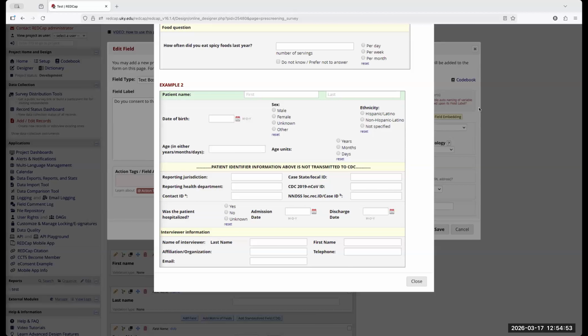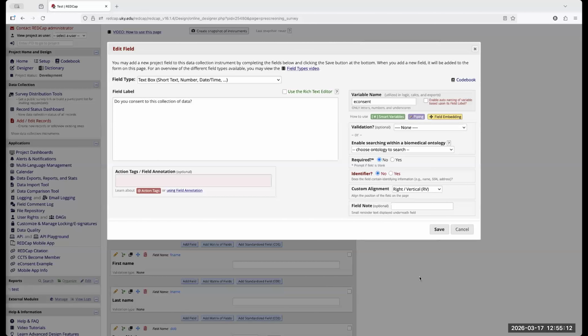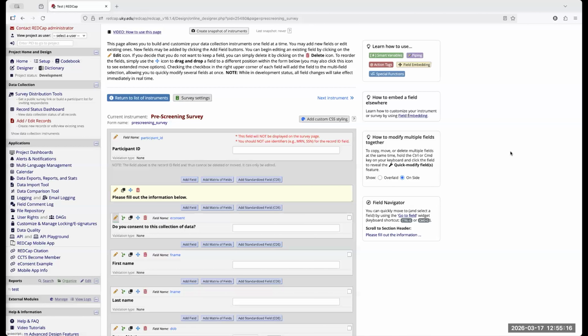Yeah, that's what I was trying to do back when I did it. I didn't know if there was a different way and I just couldn't figure it out. Within RedCap, you can make it look like that, but it's not going to report or spit out the data like that. It's going to be all separated. So that may be one that you have to use Qualtrics for if you want it to look and work just like that.